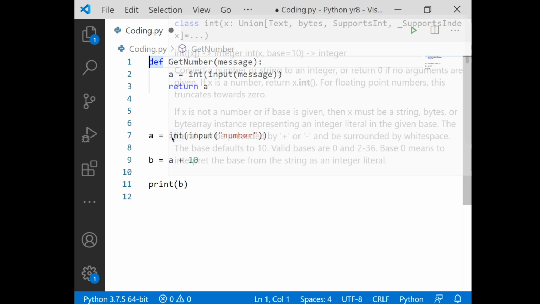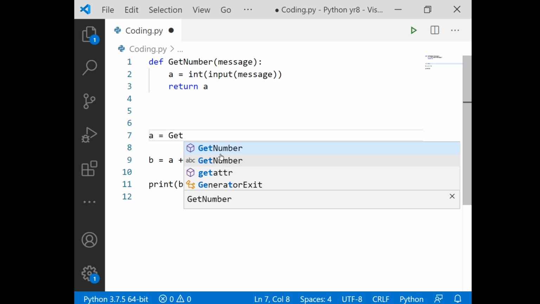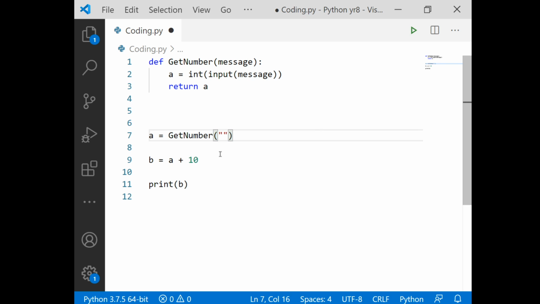Right, instead of me writing all that, which looks complicated and I could easily screw up, I can just say get number, enter first number. Right, it doesn't affect that code at the top, because that code is going to say whatever was passed in these parentheses, I'm going to refer to as message. It's called a parameter. Okay? And then my code that I've written in the main part of my program reads a little bit more sensible.